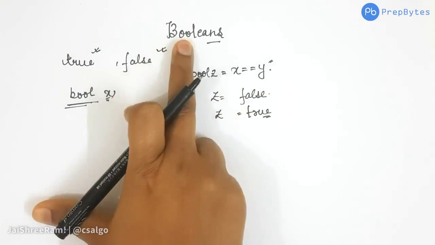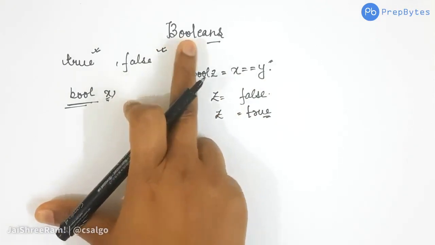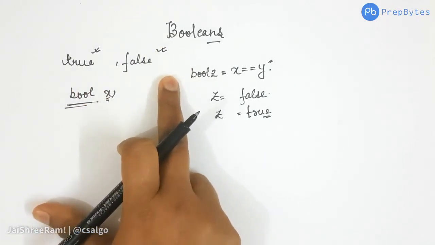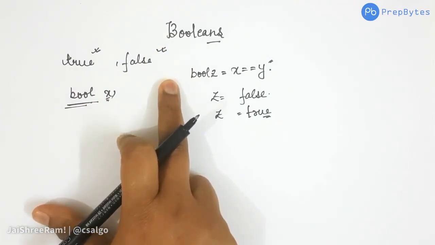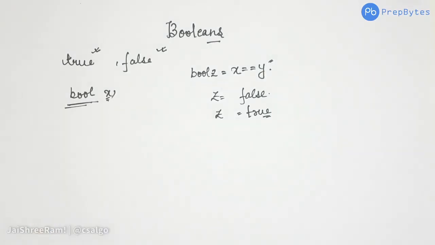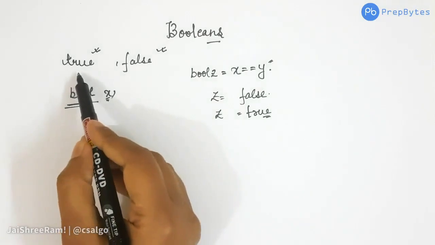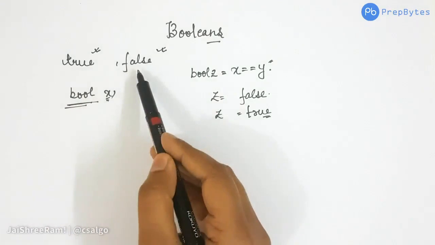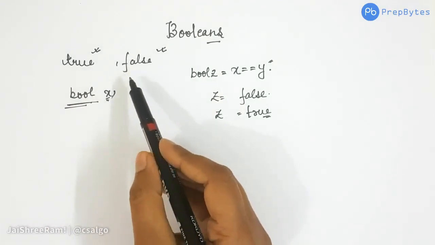So Boolean, again I'm repeating, can have only two values, true or false. We generally use booleans where we have to test some condition. Let's say we have to test that the number of elements is greater than 10, or for that matter whether one number is greater than another. We can also convert these booleans to integers. By definition, when we convert Boolean true to an integer, we get the value 1, and false corresponds to the value 0. Let's see an example.